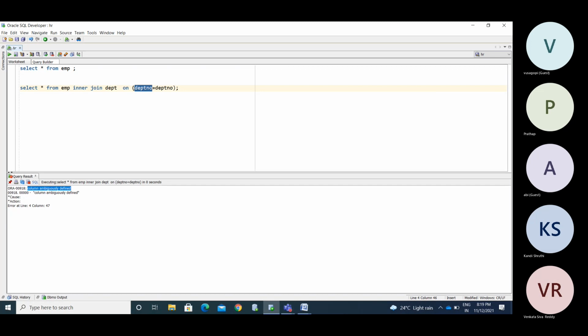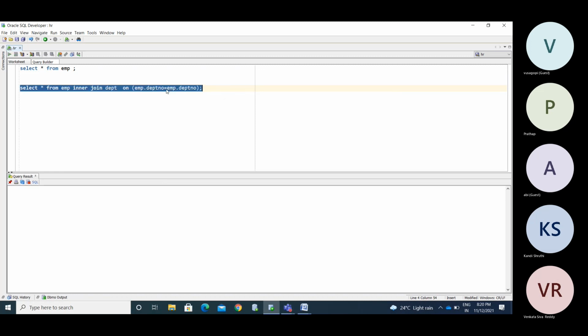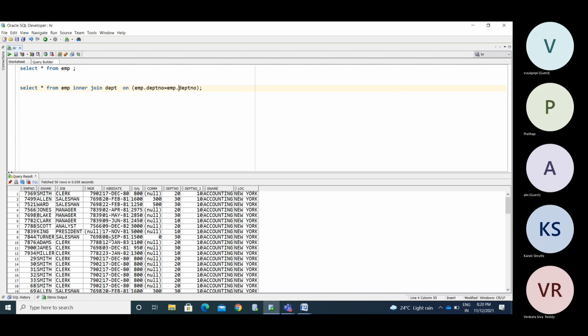So you need to give the reference for that. From which table do I need to take this column? EMP dot. So EMP dot, now I am taking the same column. So now how many records are we getting? We have 136 records. You are giving the join condition, but you are taking it from the same table.